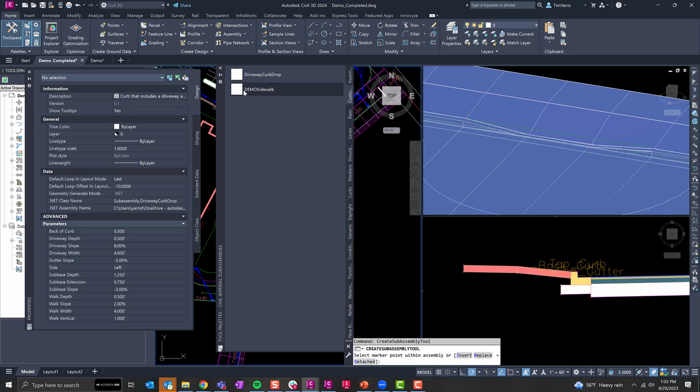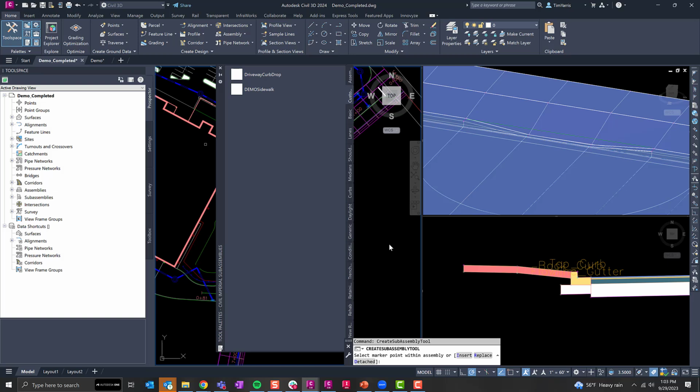This other simple subassembly I have in here on the tool palette is version 0.2. And I'll get into where that version comes into really high usefulness in a couple minutes here. But just for the sake of argument, I'm going to close this and then just deselect it here. So let's say, for example,